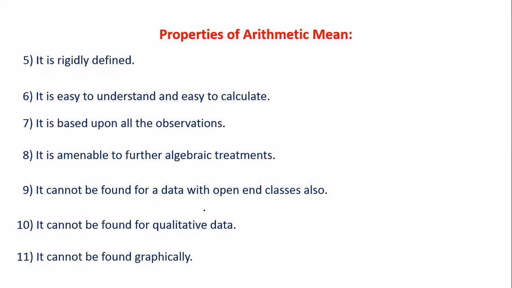So we have discussed some merits as well as demerits. Merits means advantages and demerits means disadvantages or negative points. So this was about arithmetic mean. So let us concentrate on the geometric mean. So this is another wonderful measure of central tendency. Geometric mean, the concept. Can anybody tell me what is the concept behind this geometric mean?